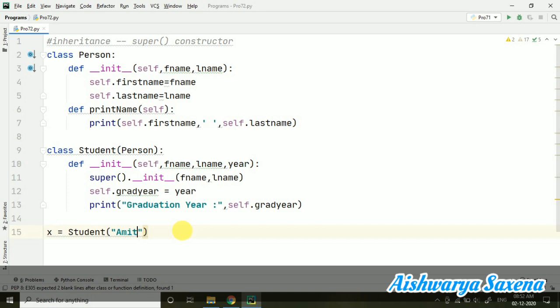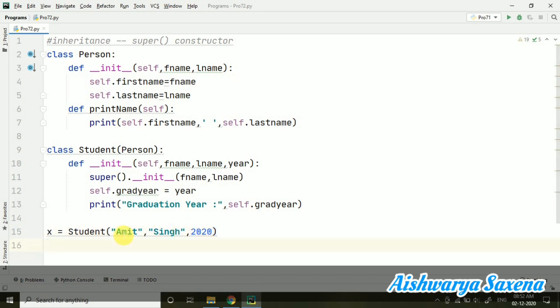Let's say Amit, I'm taking some random name, and then let's take 2020 as the year of graduation. Why we are passing these parameters here, because in this student we are having this constructor, and this constructor is having three parameters. On line number 10 you can notice f name, L name and year.